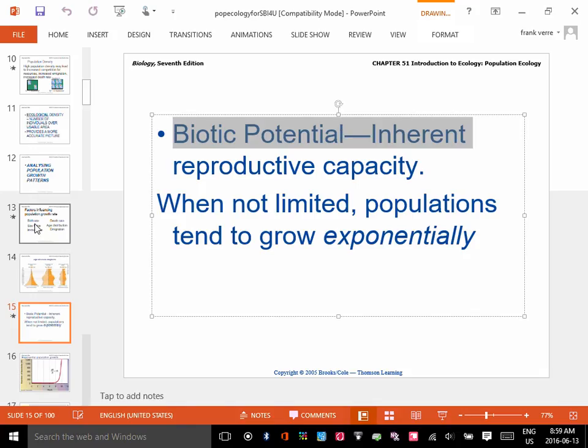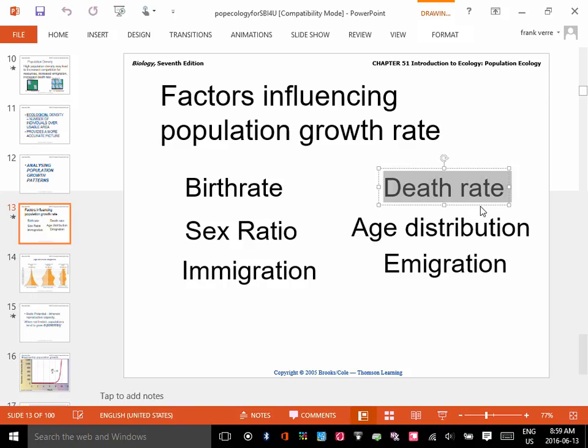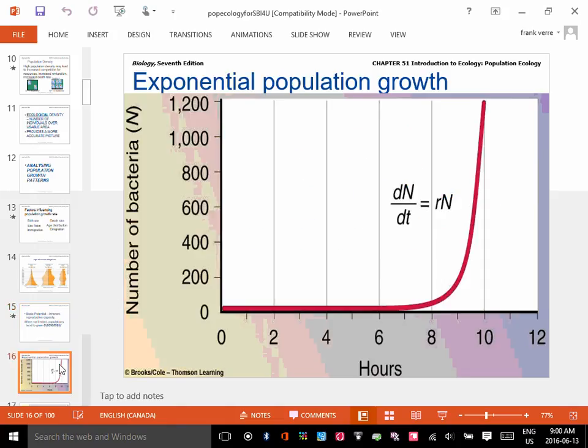Because if you think about the birth rate of a fruit fly versus an elephant, what do you think? Way higher. But when we look at the death rate of a fruit fly, it is also much higher than an elephant, right? So the biotic potential is the ability of a population to grow, and we just talked about there are certain factors that will affect the growth. Here's the thing. When conditions are ideal, all populations will grow this way.